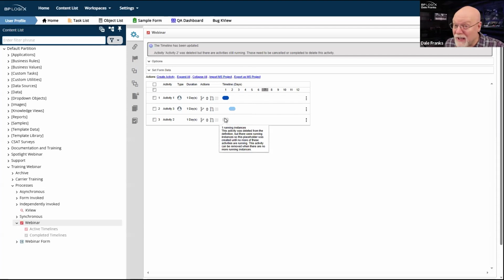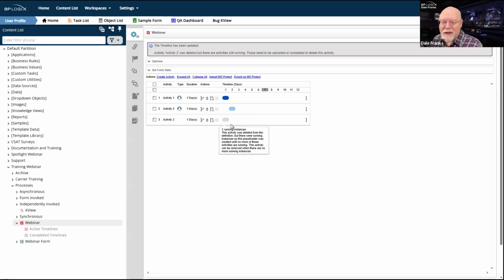Activity 2 is going to end. And if I had anybody running in activity 3, it would still stick around. But then the process timeline doesn't know where to go. So at that point, it's probably going to drop into an error state because it was supposed to go from activity 2 to activity 3. Now activity 3 has been erased, and an activity that didn't even exist when this all started has been added.